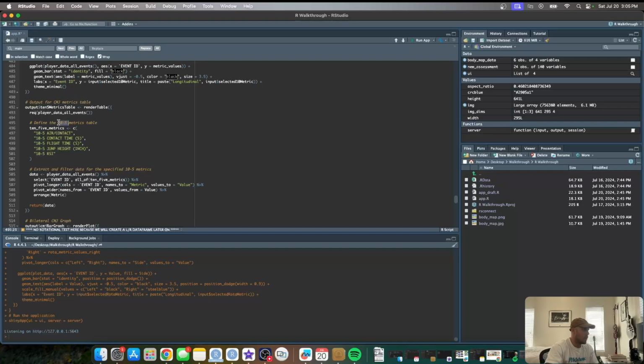We're going to define the CMJ metrics table. And this is going to be for CMJ. So won't be 10.5. Remember we called this one CMJ earlier. Take that T out of there, put it all events. We do not want to call this 10.5 metrics. We just want to call this CMJ metrics. And then